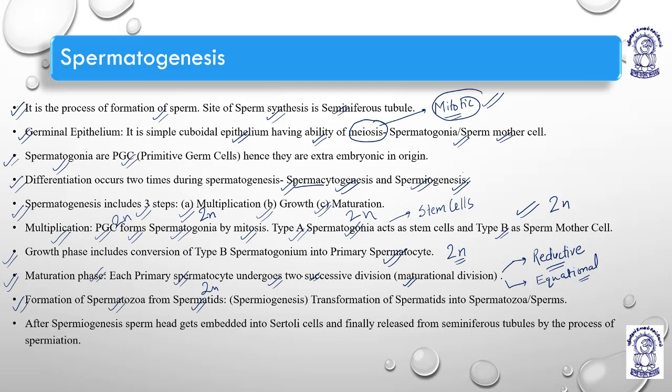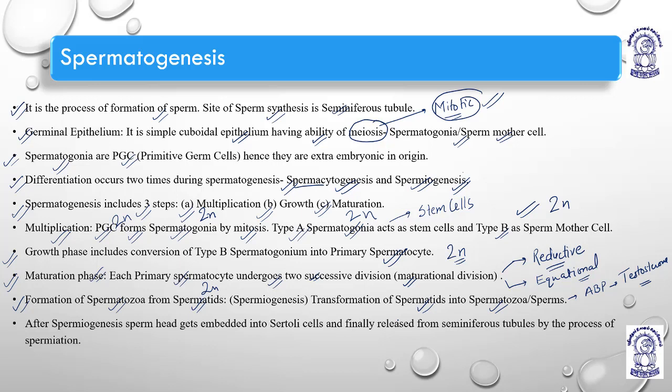Spermatocytogenesis means spermatogonium to spermatid. Transformation of spermatid into spermatozoa or sperm actually needs androgen binding protein, that is, high levels of testosterone. That is why there are many cases of male infertility or impotency, or we can say low sperm count, like oligospermia. I have explained this in the previous slides. In the previous lecture, oligospermia is when the semen content is less than 20 ml.